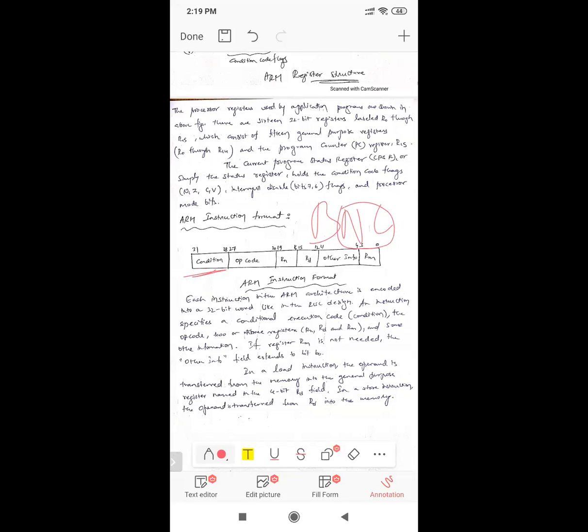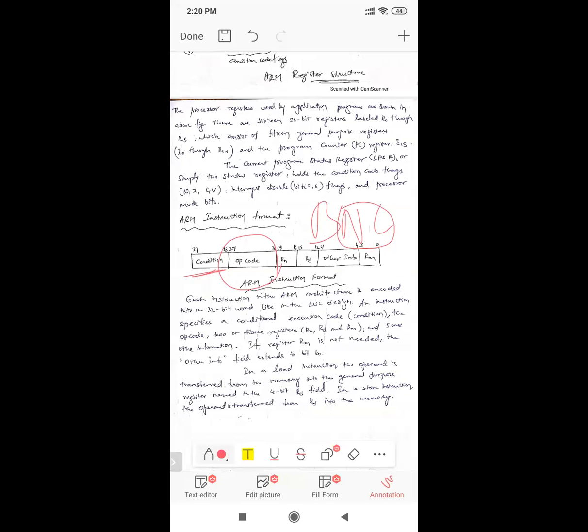Okay, and the opcode field, bits 22 to 27. The opcode field is used to represent which operation is performed by the processor. Whichever operation you want the processor to perform, you have to specify by using these 8 bits, the opcode bits. Addition, subtraction, increment, decrement, AND operation, OR operation, left shift, right shift, arithmetic shift, circular shift, like that. You have to specify the opcode through these 8 bits.